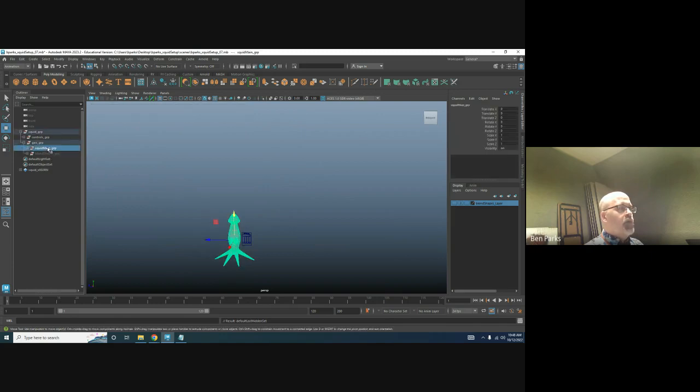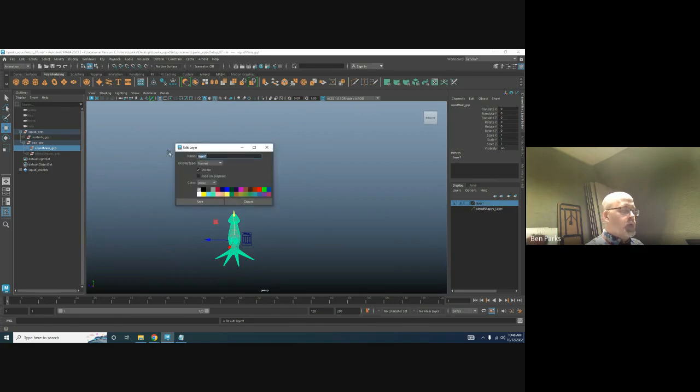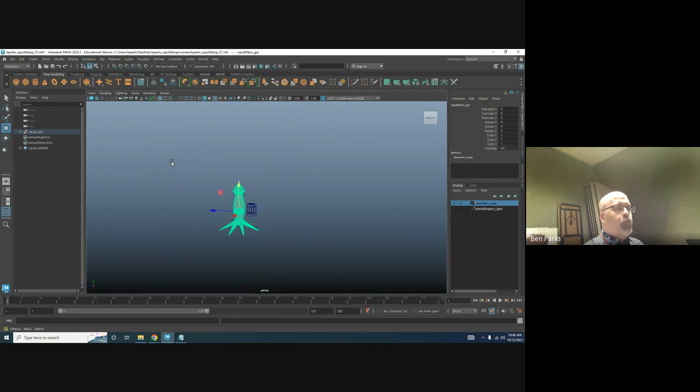Same for my squid main group. I could call that character layer. But my main point on this is I want my character to not be selectable,